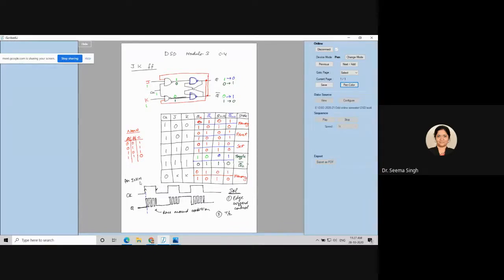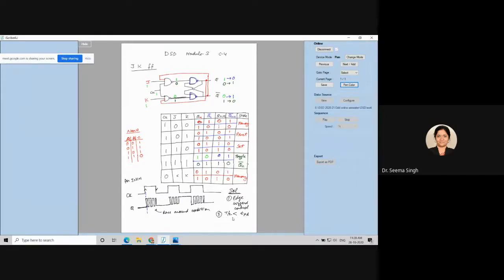So this half of the time period, if it is less than propagation delay, if you remember, I had talked about propagation delay in last class. By the time the propagation delay happens for first NAND gate, second NAND gate, and this feedback, by that time, if this pulse goes off, then this race around condition will not happen. But this is not that practical a solution, but this is one of the theoretical solutions given.